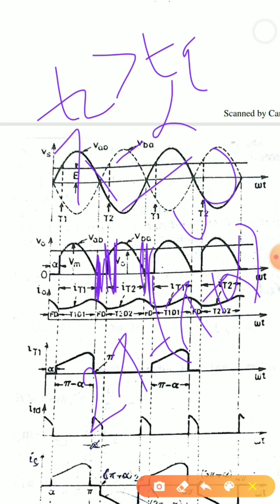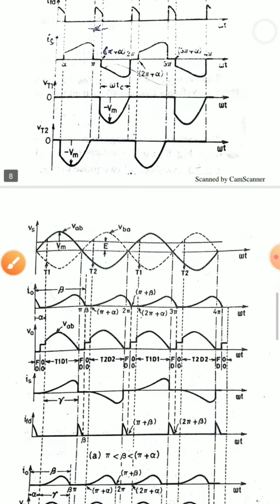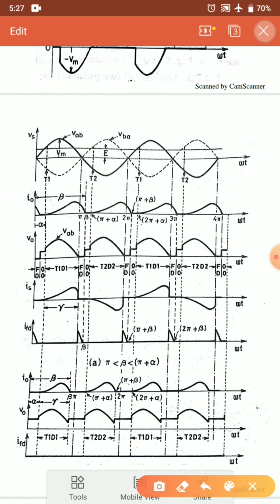Now moving further, this is the operation of a semi converter with discontinuous current. We are getting discontinuous current because the value of inductor is very small. As the value of inductor is very small, this inductor will discharge directly. Now here, when I am talking about a semi converter with discontinuous current operation, I will have three modes.